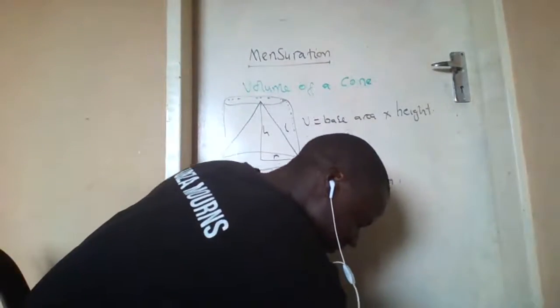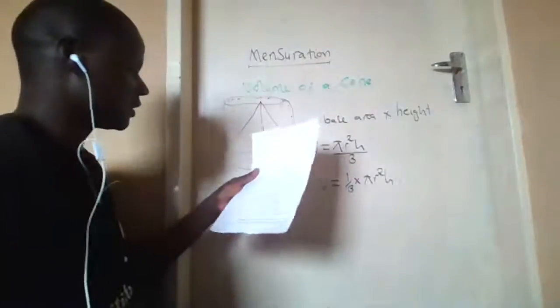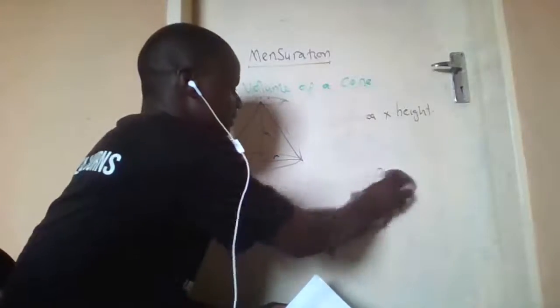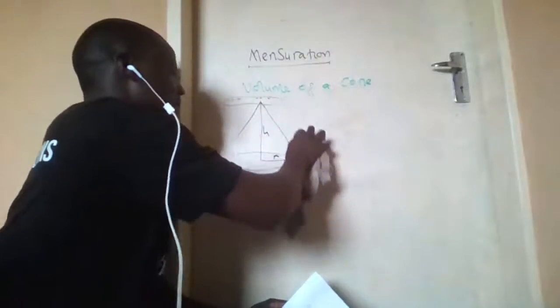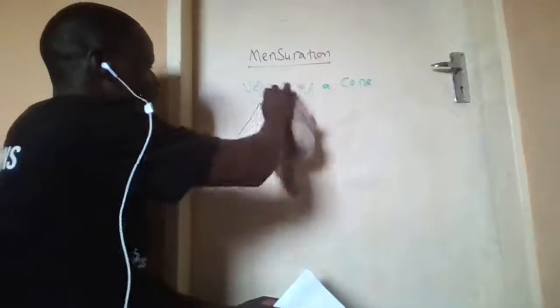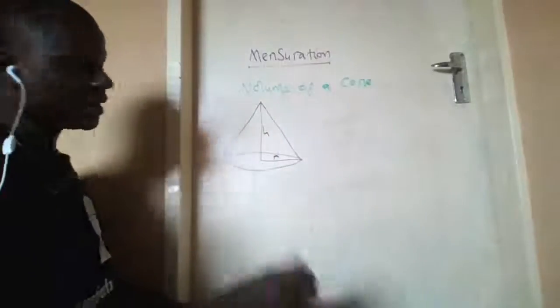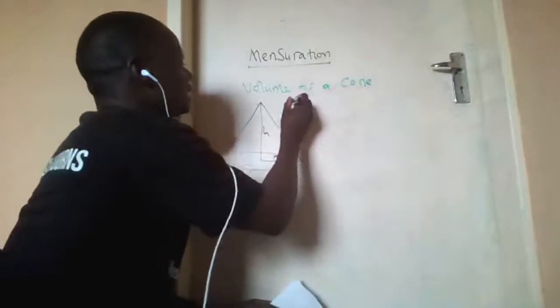So let's go to the example. I have made a single example here that we're going to look at as we cover the cones and then get to the prism. The example is very simple. Always the first one is simple, then as we get to the second and third, more things are added. So if you look at this cone, the question goes like, find